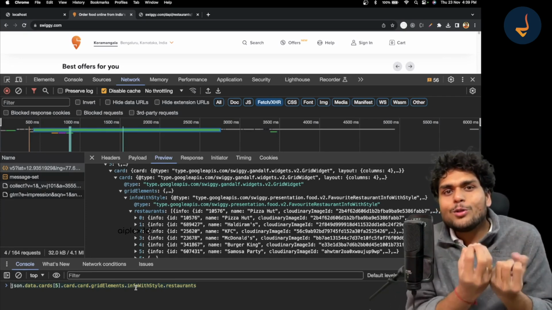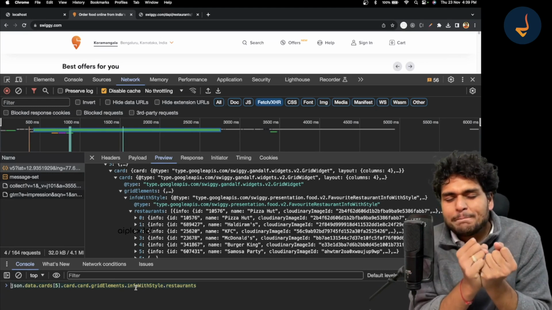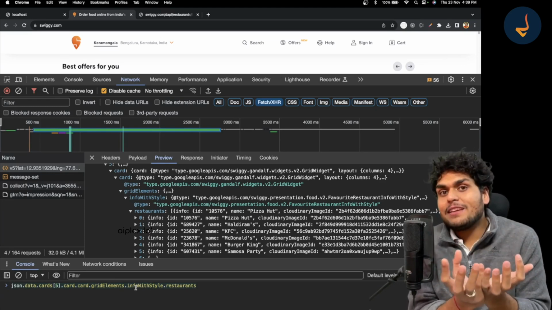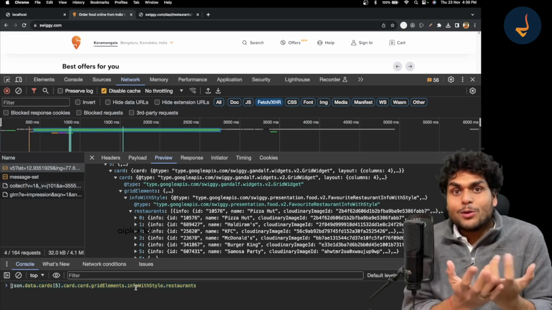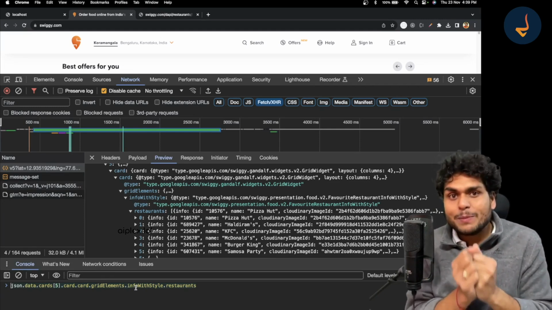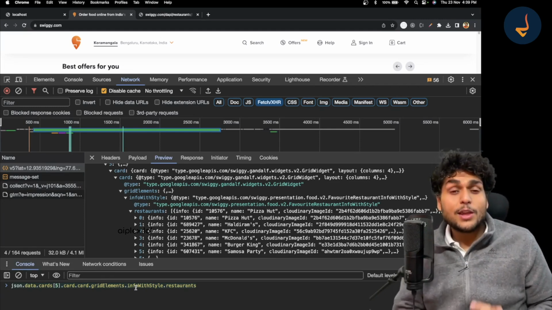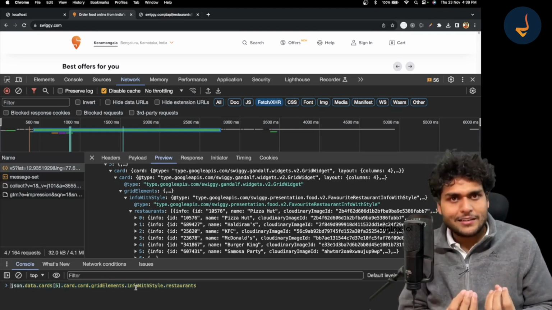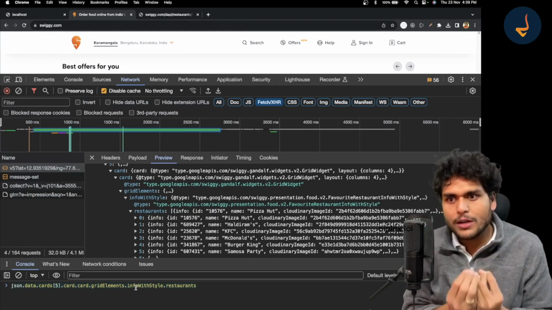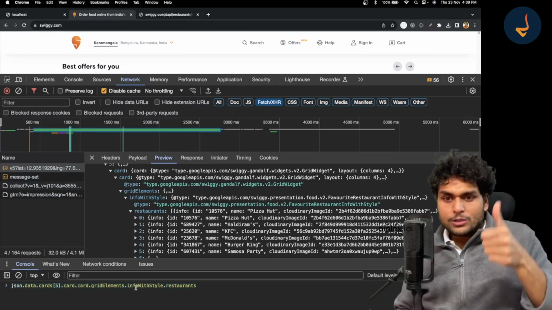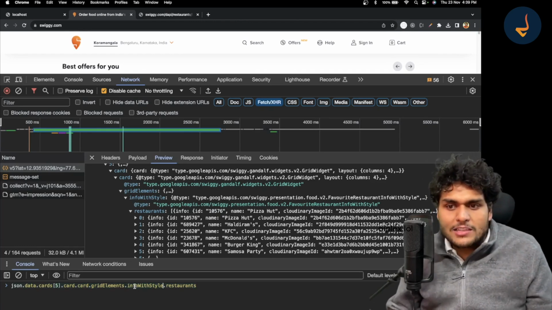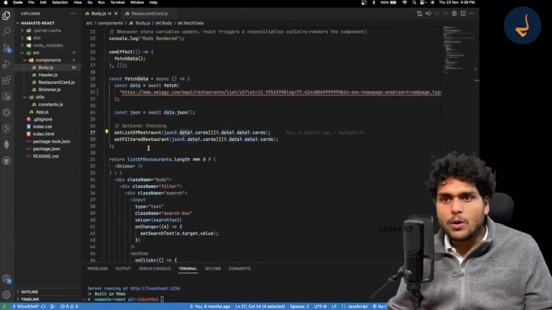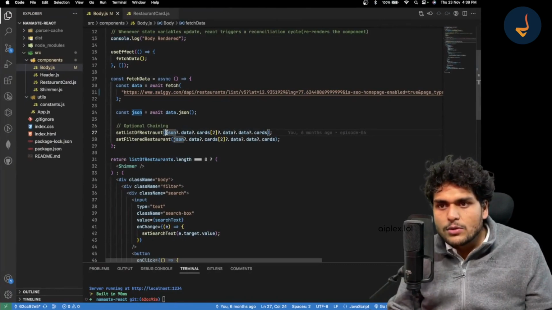And if we want to work with live APIs, please know how to do this. If you go into a company, you will have to do this every day. Learn it. It is very important to know all this. Okay, so I have shown you this. Now let us just use this in our code.